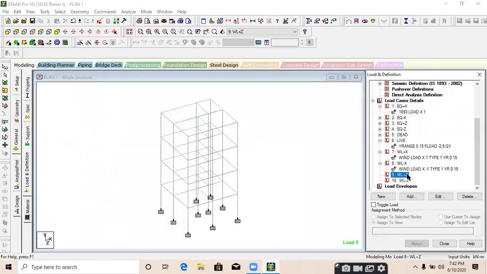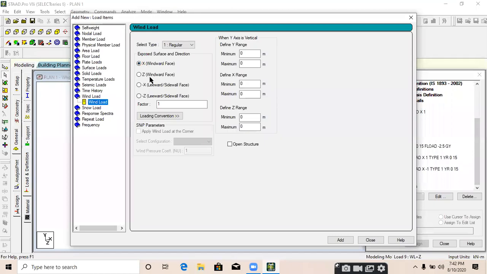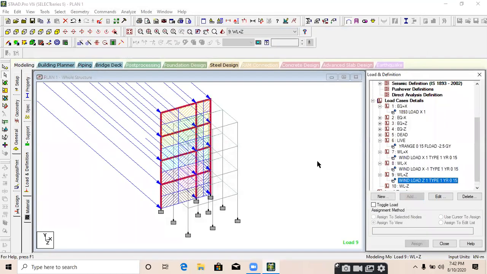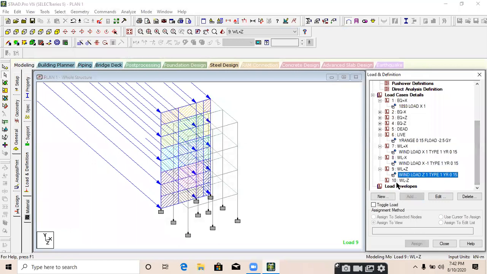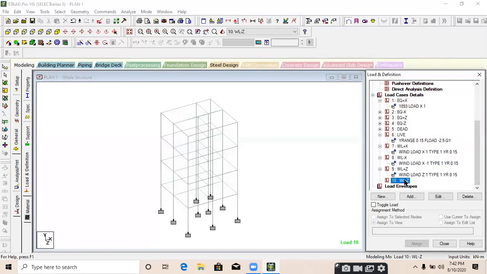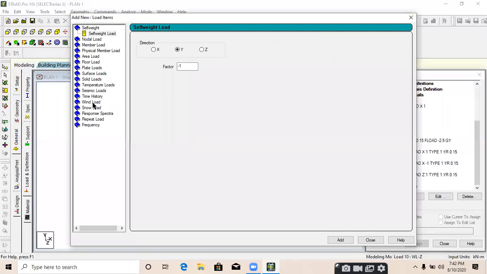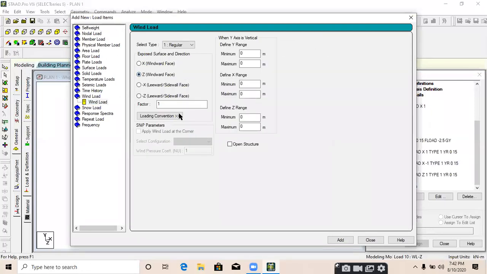Select the next one, add, wind load and select z windward phase, 1 factor, provide the maximum height of the building in y range, add and close. Select the next one, wind load minus z, add, wind load windward phase, -1 factor and maximum height, add and close.